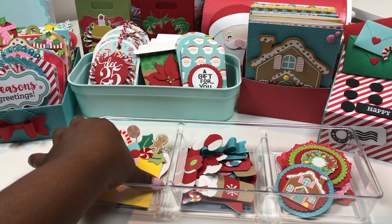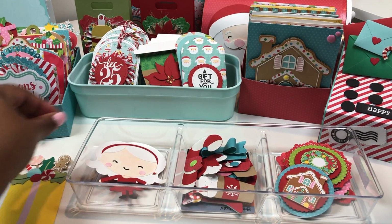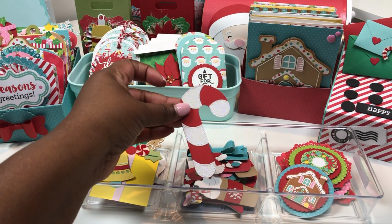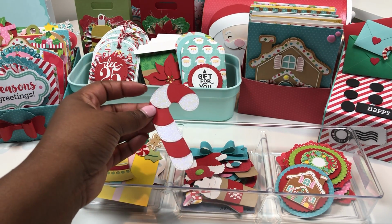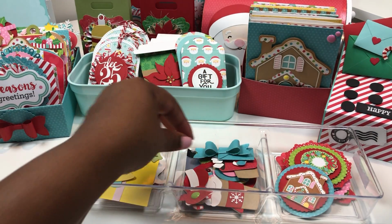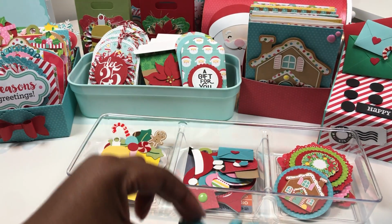There's a bell. Here's like a present with the gingerbread. I still have Mrs. Claus left. And then I also used dies from my stash. So here's one of my favorites. This is my Creative Time candy cane, layered candy cane die. I have some Santa hats that are from Cottage Cuts. I also have some cocoa cups from Cottage Cuts. Some bows that I made from Pink and Main,